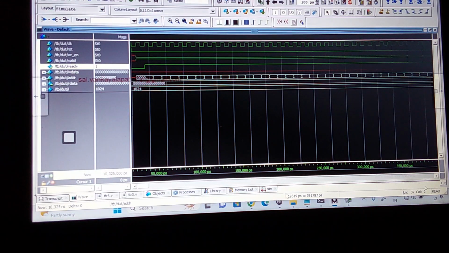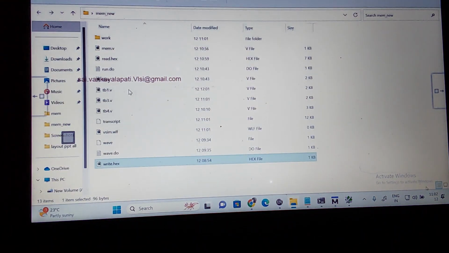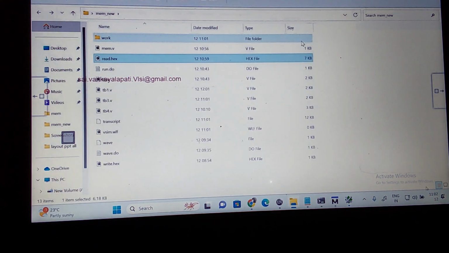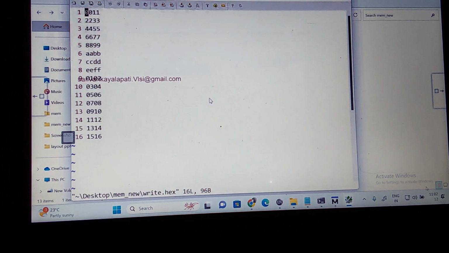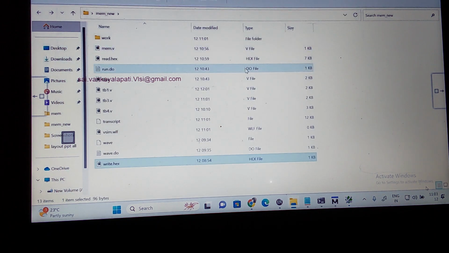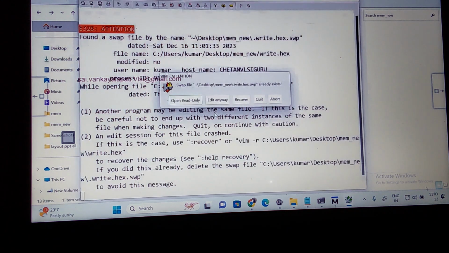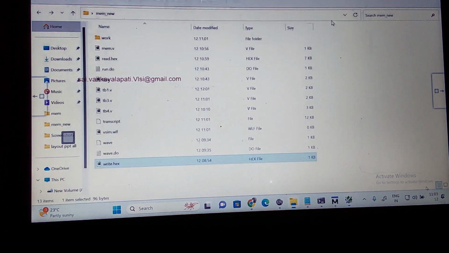What I'm doing is backdoor read, backdoor write operation. So the backdoor write operation means this is my read, which was done in the previous case. This it should write, right? That should be printing in the waveform. Backdoor write means this is the content, and this should be writing to the memory. Now let us debug this.